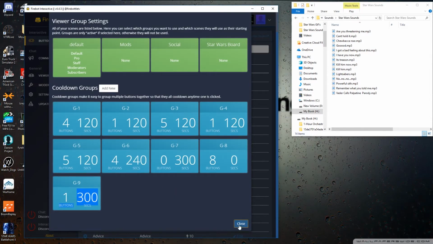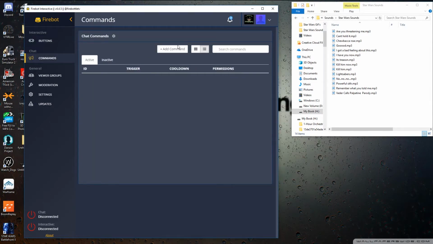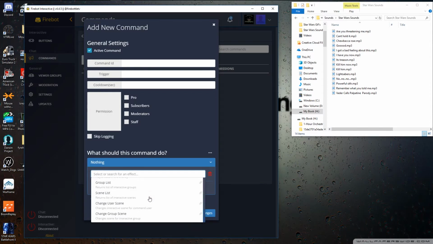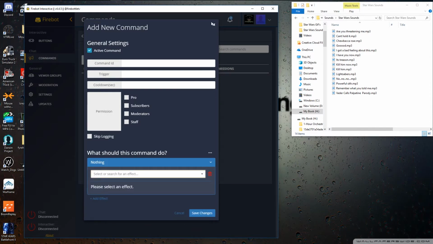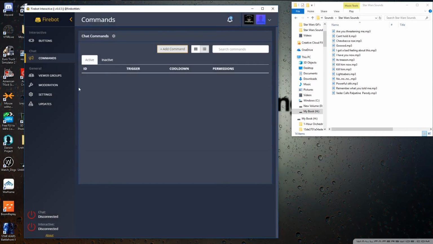Alright, so I'm pretty sure. Okay, commands, you can add commands in your chat as well if you want, and that's where this chat disconnected or connected, you connect your chat in there, because you can add commands in here. Permissions, skip. What does the command do? The command can do the same things as your buttons can do, but they're going to be commands instead of buttons. You put the command, what triggers it, the seconds, and whatnot. Let's see what else. I don't have any commands here because the majority of my commands are scored by